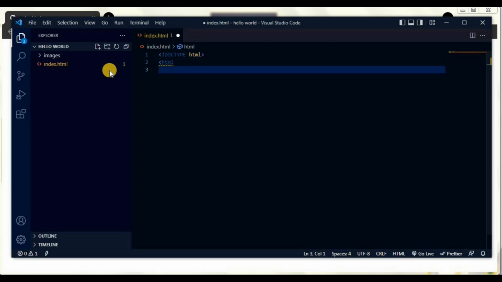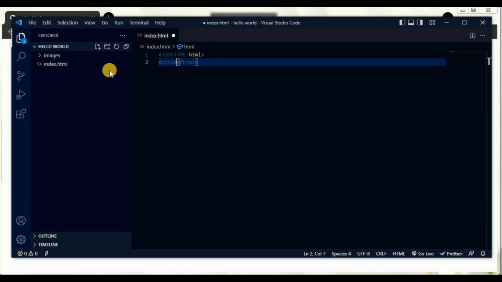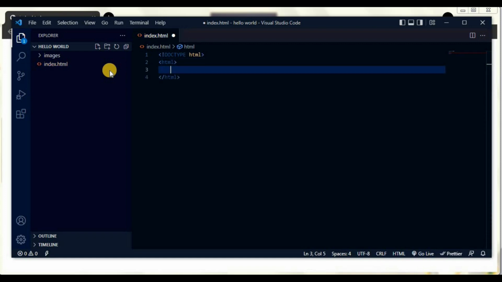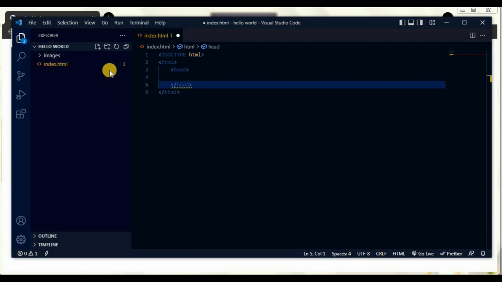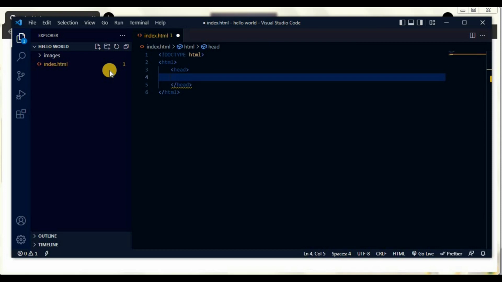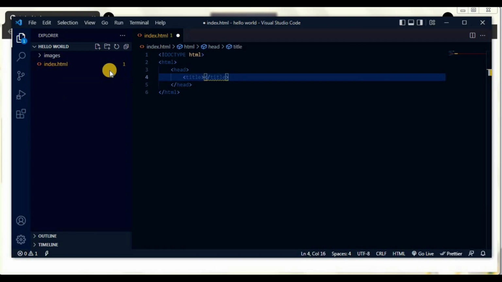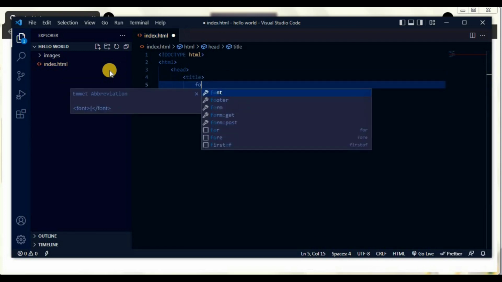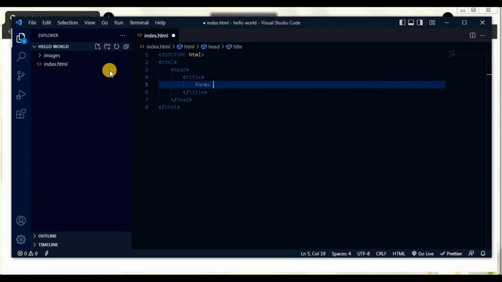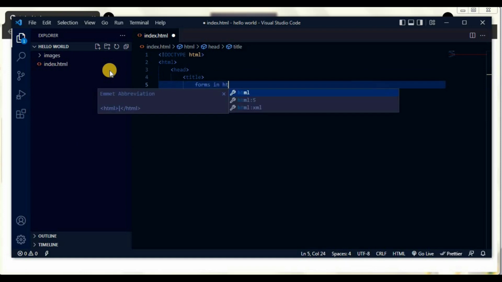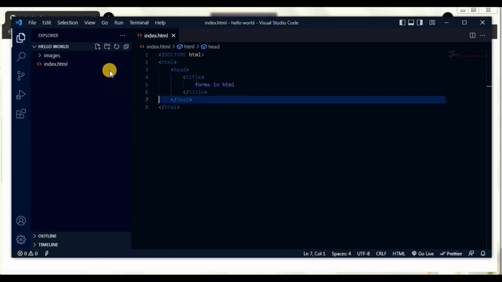So then we have two siblings. We have the head, and today, like we said, we'll be talking on forms. So I'll talk forms in HTML. So this will be our title. So in the body tag,